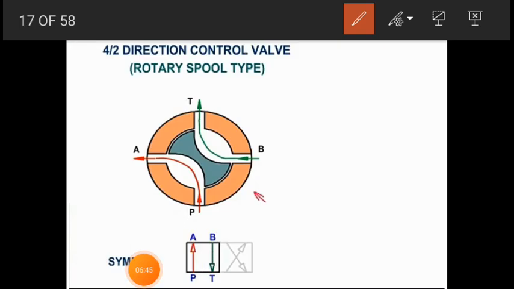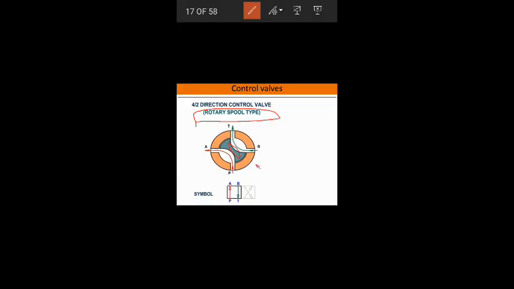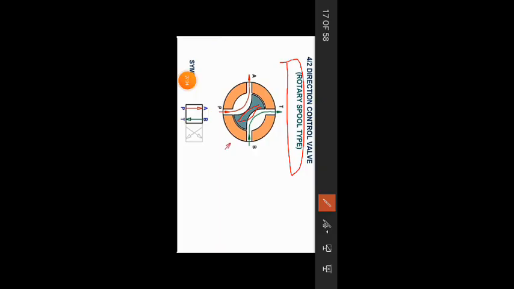So this is the image of the 4 by 2-way directional control valve of rotary spool type. Now the spool is replaced with a rotary type spool. Earlier it was a sliding type spool; now it is a rotary type spool.